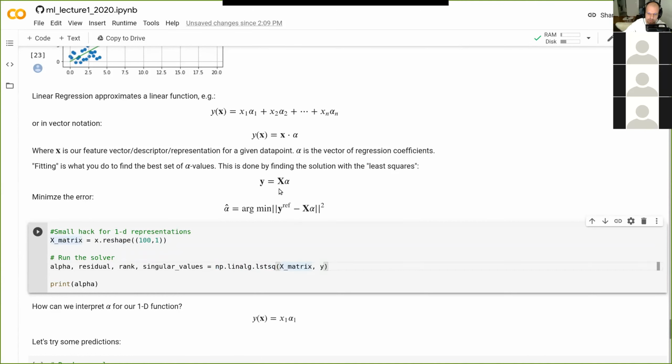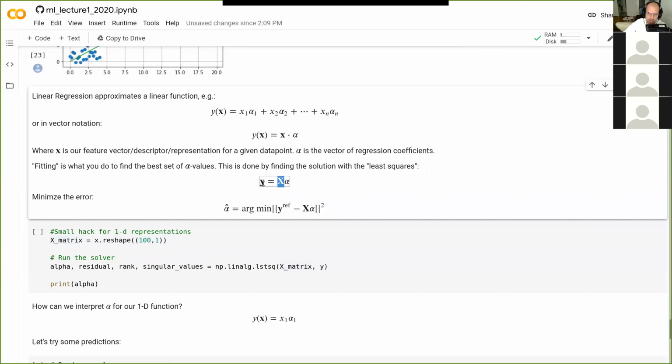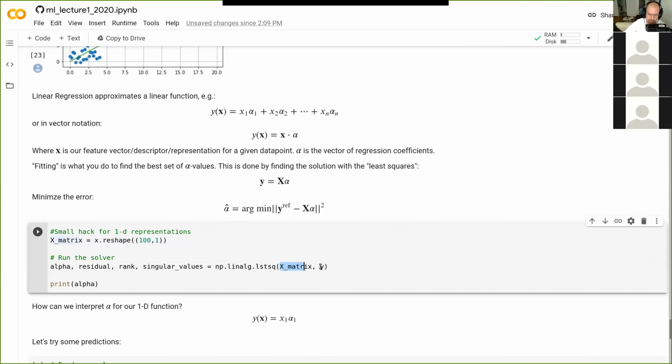So with least squares, you put in your x and your y values, and then it returns the best alphas. I put in my x values and y values, and it returns the alphas and also the fitting residual and the rank of the problem. It uses something called a singular value decomposition, so it also returns the singular values if you're really into looking deeper at how the fit went. But we don't need to look into all of these right now. We just want it to run and give us the alpha coefficient. So let's run this cell again.